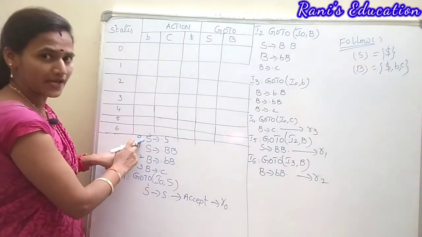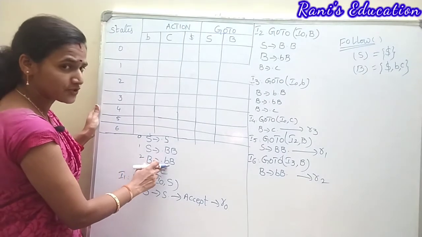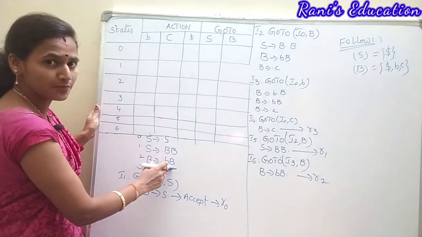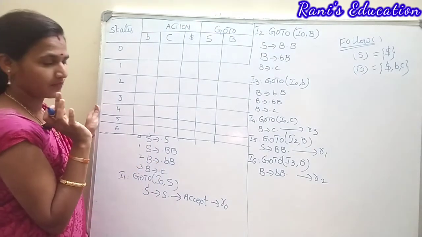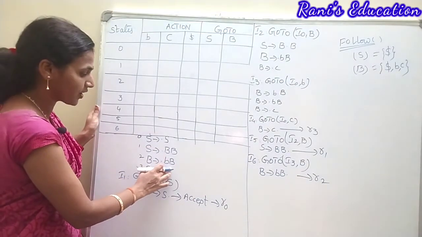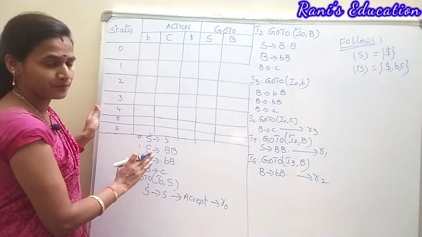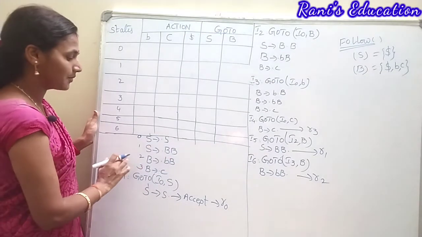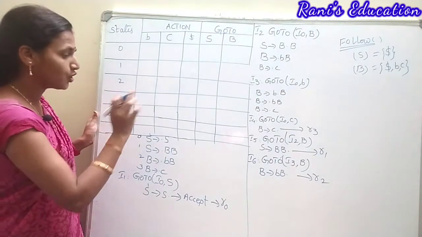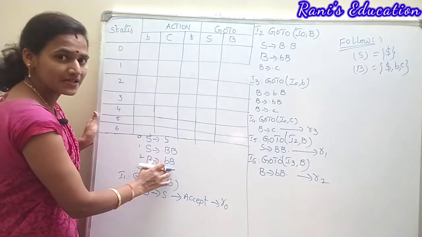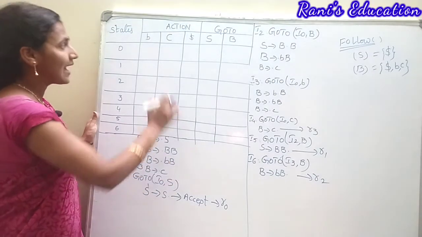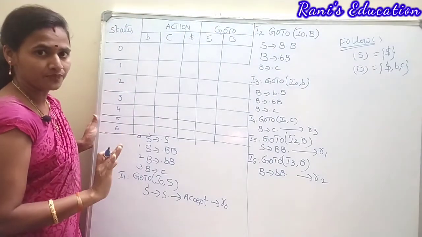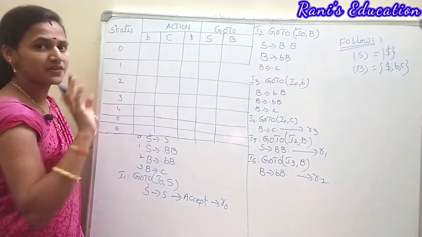Move on to I0 item. In I0 item, we need to check: are there any productions which contain a terminal at the start of the RHS? Do we have such productions? We need to identify what they are. In I0 item, we have two such productions whose RHS starts with a terminal, the second production and the third production. Now when we are discussing terminals, we need to use the action part. In the action part, you are going to apply shift action only. With respect to terminals, we are going to apply shift action.